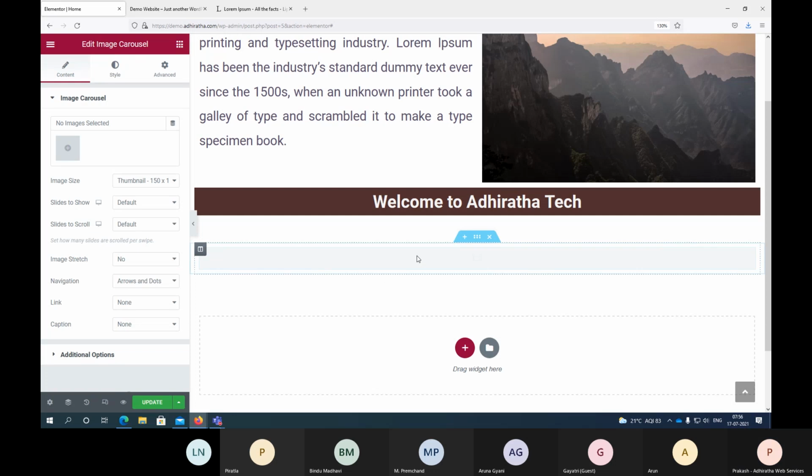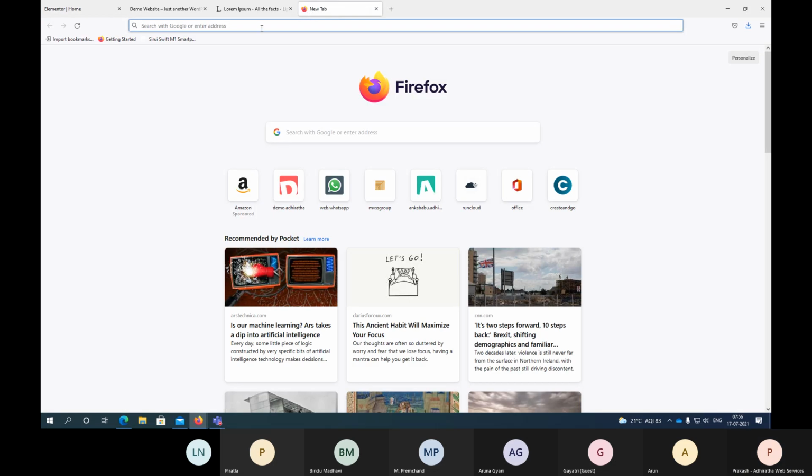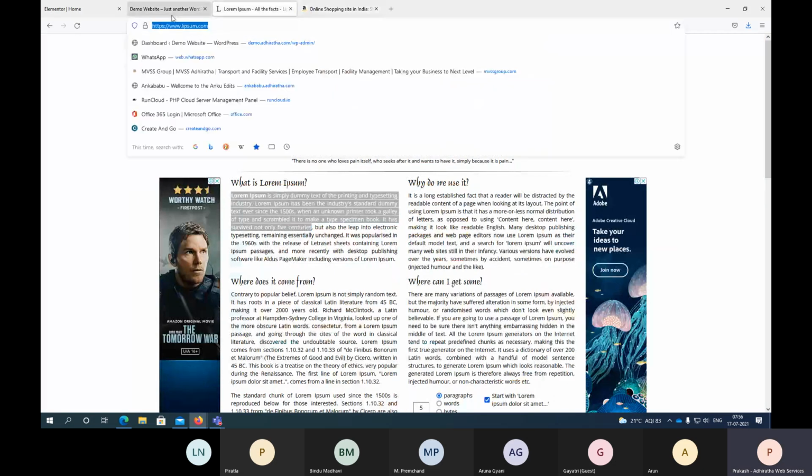So here you can add some images. Maybe create a gallery.